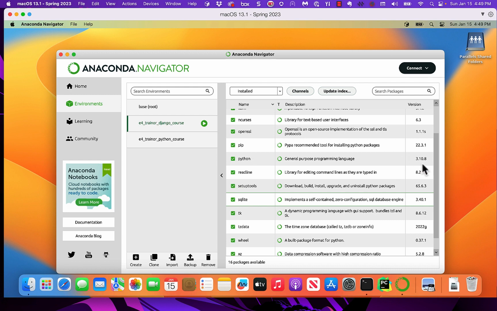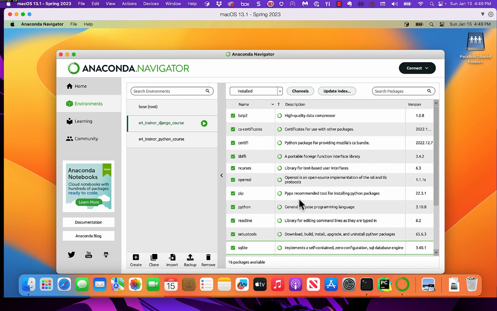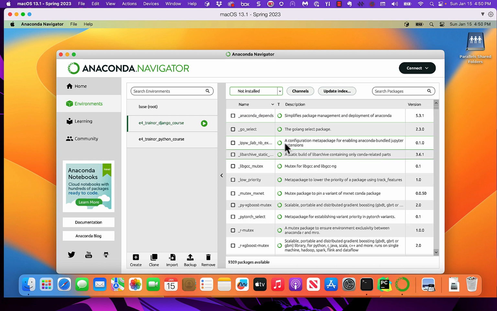We need Django. Okay, let's do that. So right now, the control up here in the upper left-hand side of the right-hand window says we're looking for a list of packages installed. So let's change that to not installed. And now we're going to get a big long list. But then we can go over to search and type in Django. Okay? And we've got two possibilities, and we want the first one, Django, all by itself. So we click the box,